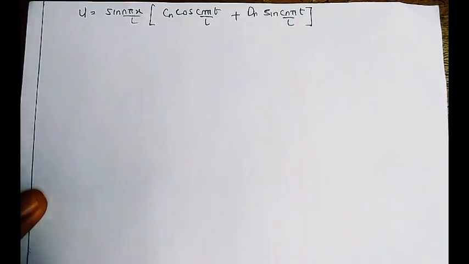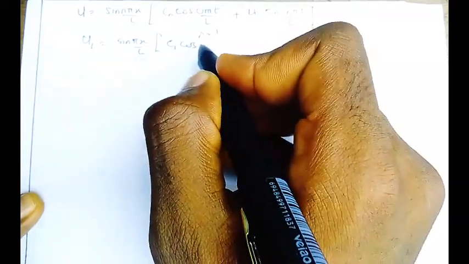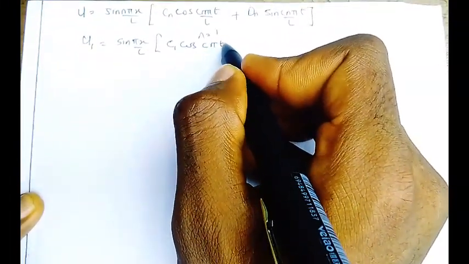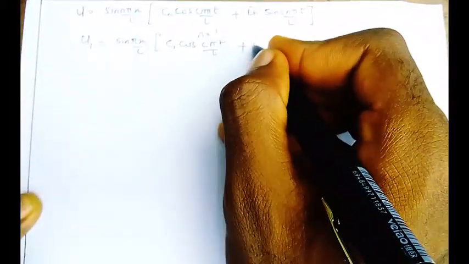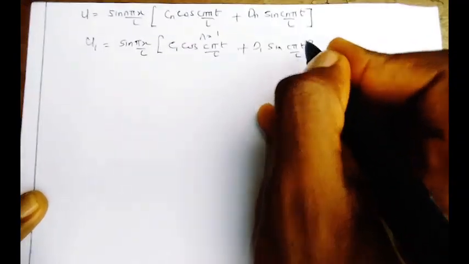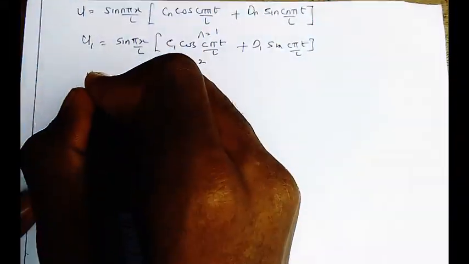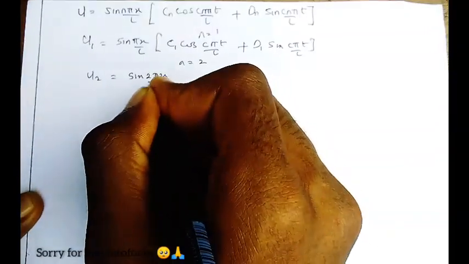So now let's say n is equal to 1. I can call this u1 equals sine(πx/L) times (c1 cos(cπt/L) + d1 sine(cπt/L)). Let n be equal to 2. I have u2 equals sine(2πx/L) times (c2 cos